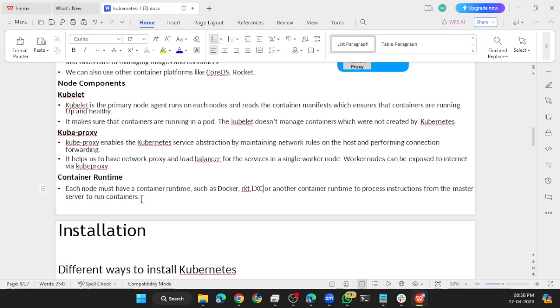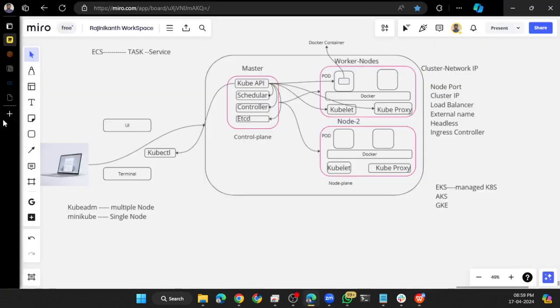There is one more thing, Podman, an alternative to Docker. Podman is also there. So if you search Podman,